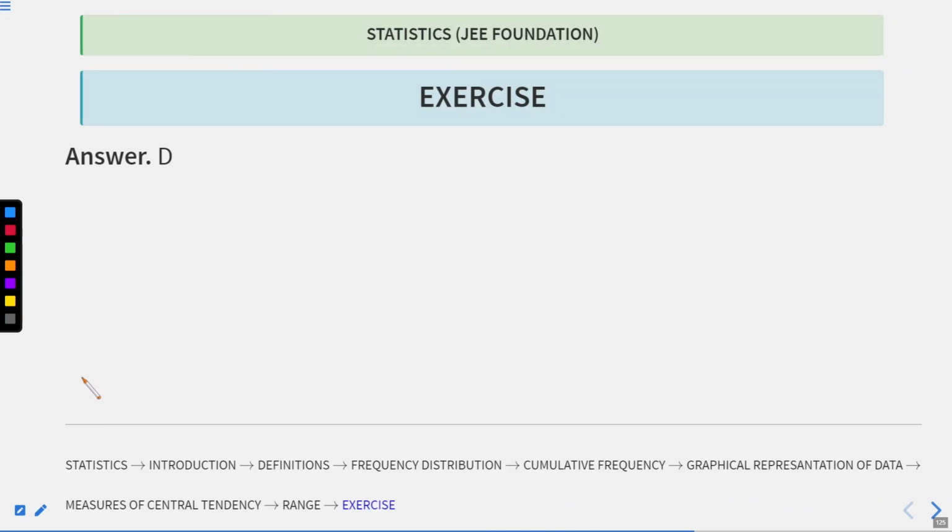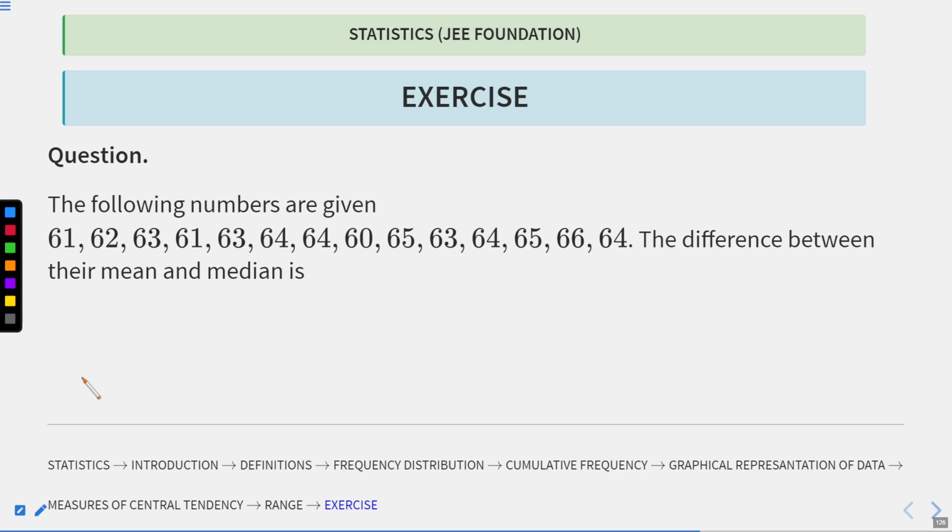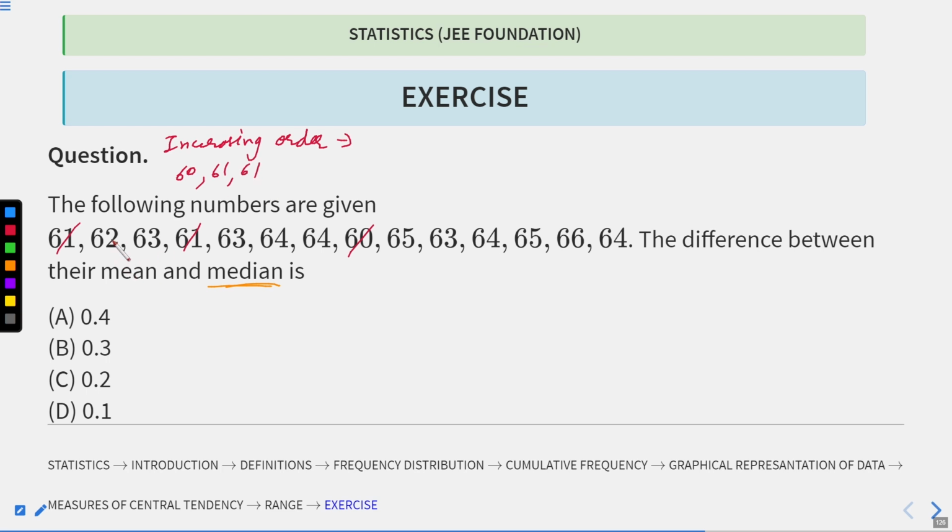Now let's move to next. Here let's see what we are asked. We are given the following numbers and we have to find out the difference between their mean and their median. So first of all, for median, arrange the data in increasing order. So in increasing order, first is 60, and then 61, 61, and then 62,